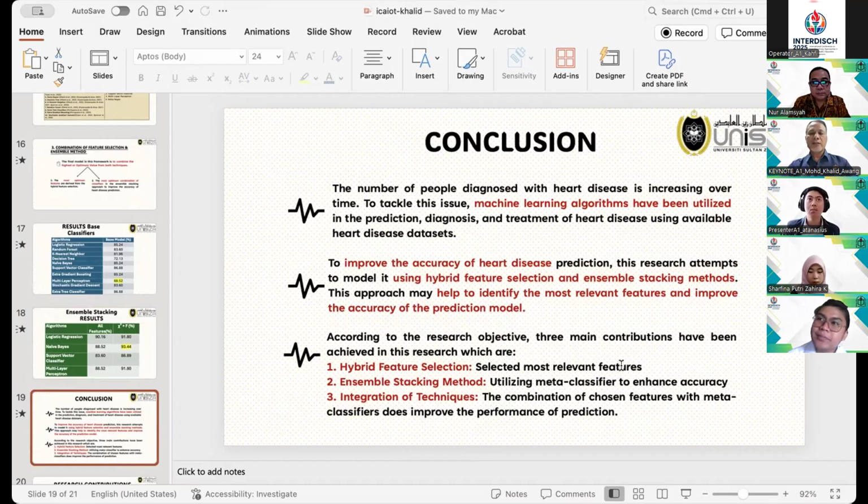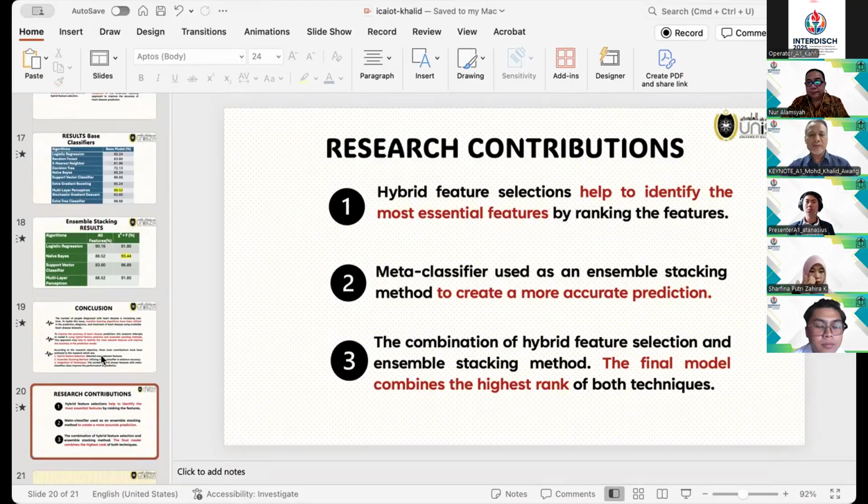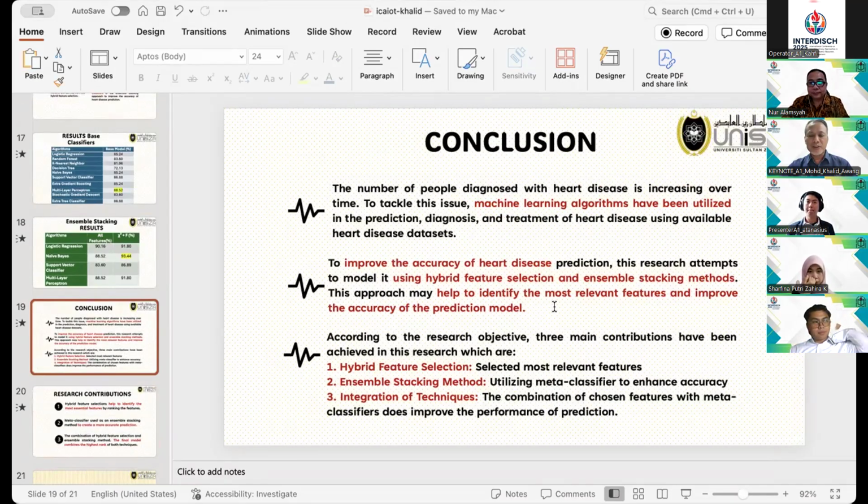since heart disease is considered one of the deadliest diseases in the world, there is a need to improve the performance of heart disease prediction, and we could use machine learning algorithms as one of the approaches to help the medical officers or the doctors make an early prediction, so this kind of framework could be used in order to improve the overall performance.